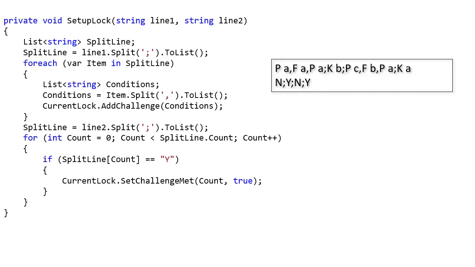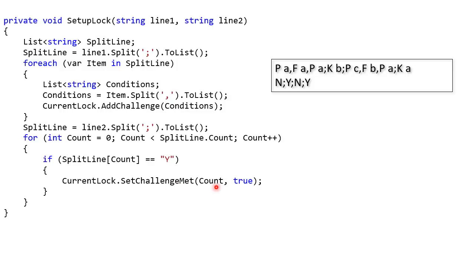It then takes the second parameter and again splits using the semicolon as a delimiter. So this is now taking this list of n and y values, splitting on the semicolon, and processing the list of y's and n's, checking in turn if they are y or n. So it checks if it's a y. This indicates if each of the corresponding challenges that it's just processed from the previous line have been met. So if it's been set to y, then the set challenge method is called,